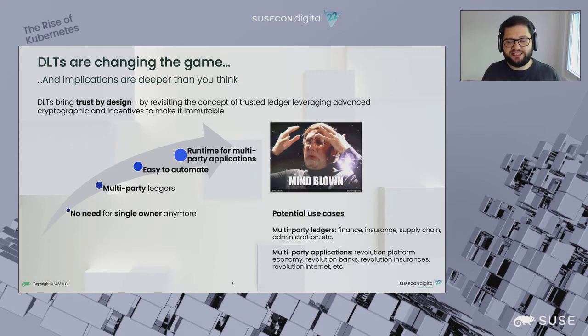But if you take multi-party applications, the consequences are even broader. Everything that involves trust sometimes involves third parties that are mostly bringing trust as a service. This is what we call the platform economy. When you talk about Amazon, eBay, Kickstarter, all of those guys, what they're doing mostly is adding trust in a transaction that you could have done directly, hand in hand, otherwise. But you need trust because you're using the internet. Well, with blockchain, you can imagine that you can do that without those third parties involved.